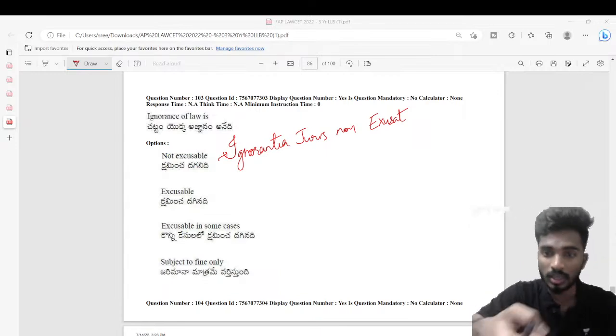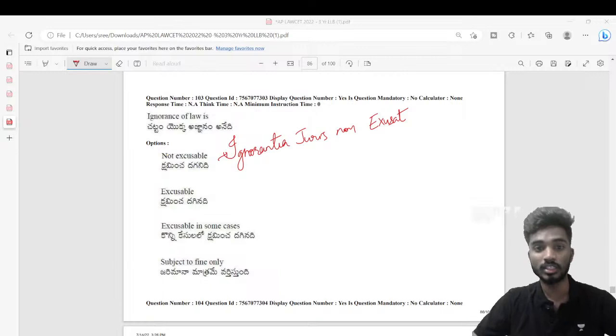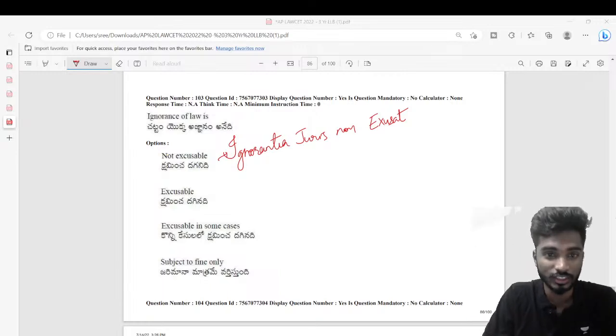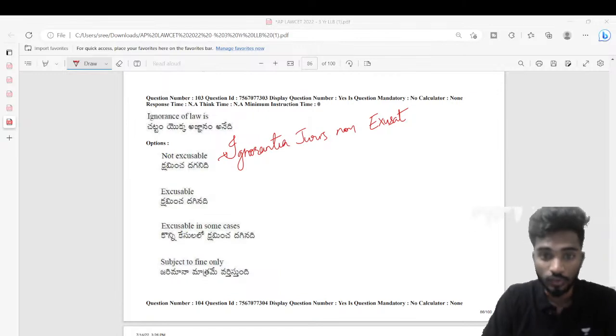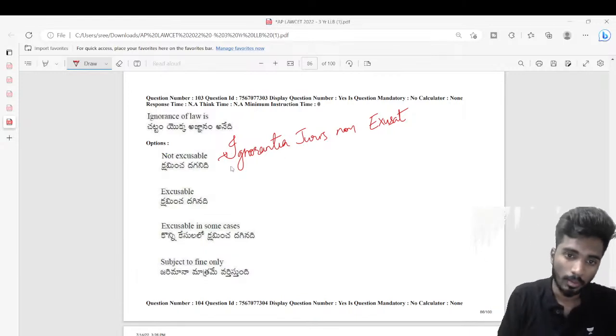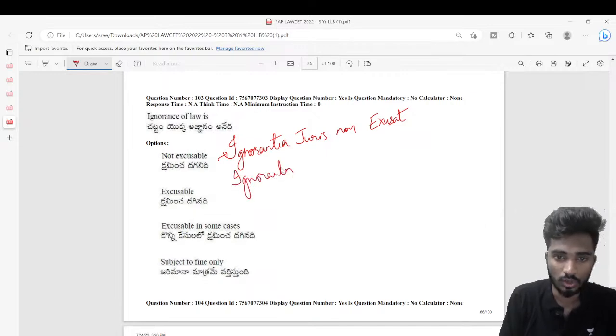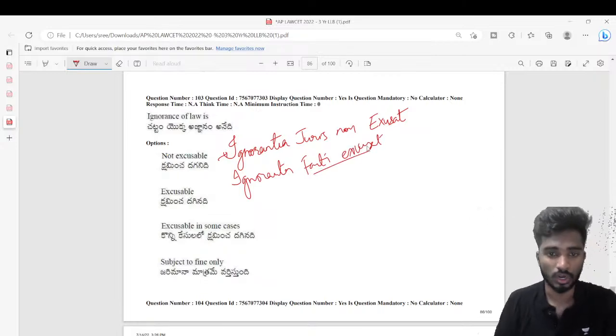I will murder somebody and I'll say that murdering somebody is not an offense, I don't know, this is there in IPC. You cannot say that, right? So if you give it as an excuse, everybody will claim it as the biggest excuse. So that is why ignorance of law is not excusable whatsoever. But ignorantia facti excusat. Ignorance of fact is excusable, but ignorance of law is not an excuse whatsoever. Next